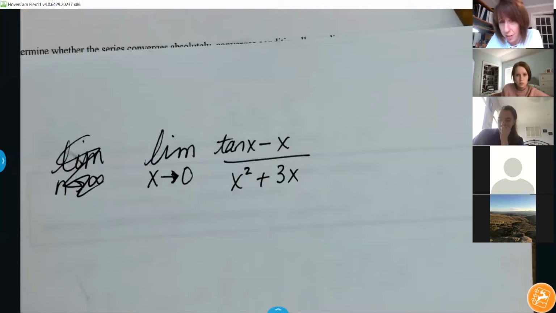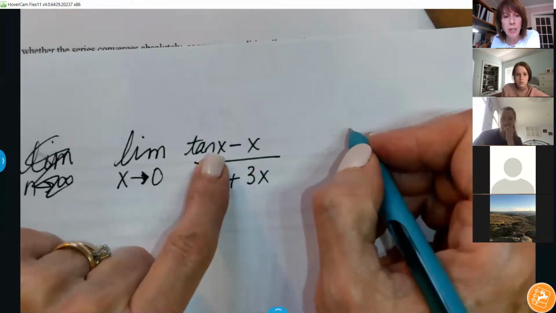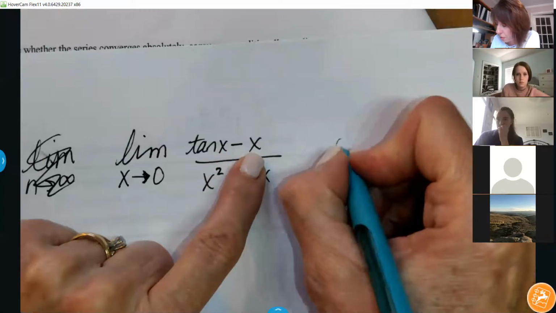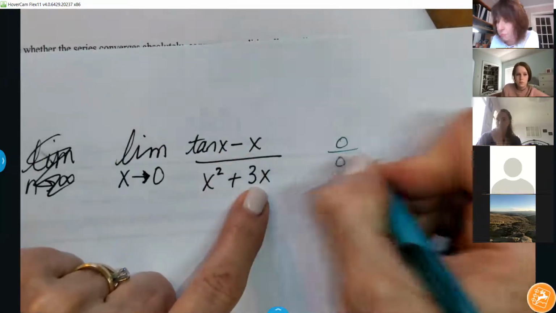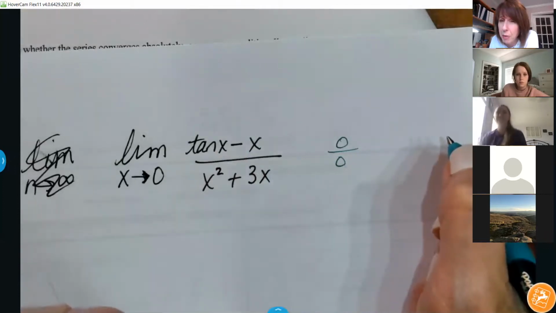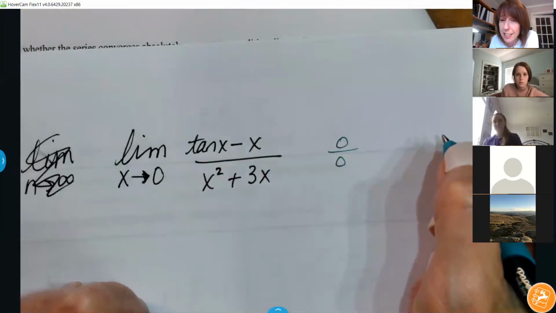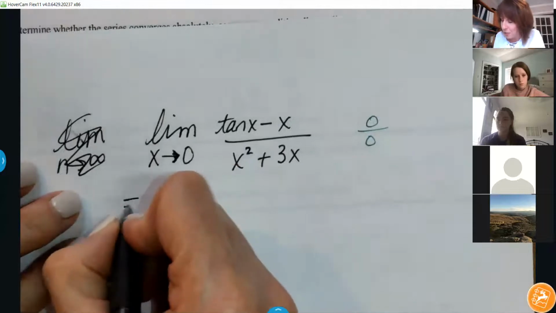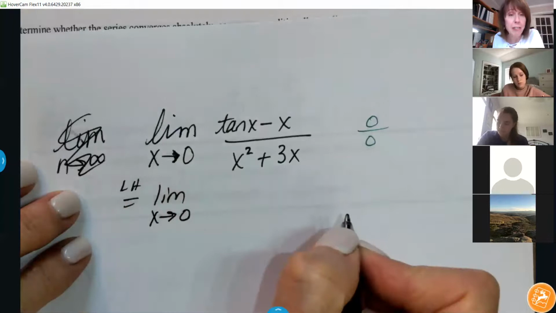Do you agree that you'd try to just put 0 in first? If I put 0 in, tangent of 0 is 0. 0 minus 0 is 0. And on the bottom, I have 0 plus 0, 0. What do we do when we get something like that? Do you have to do L'Hopital's? L'Hopital's rule. So we keep our limit, we rewrite the limit, and